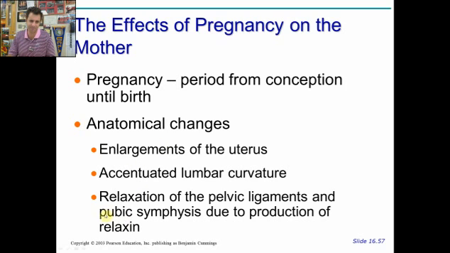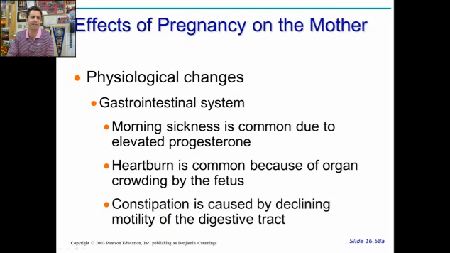It's due to actually an enzyme called relaxin that gets produced. I know, strange name for that. And then often the woman will get morning sickness, typically in the first trimester, because of elevated progesterone. Morning sickness is a sign of health of the baby. It's a good sign. You want high levels of progesterone because that means the baby is being well taken care of. If you don't have morning sickness, that's, I suppose, less ideal, but maybe a bit debatable if you ask